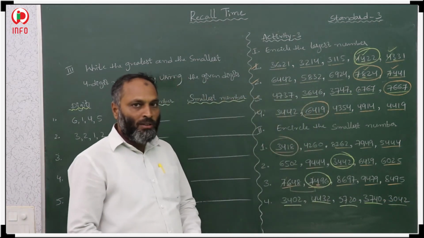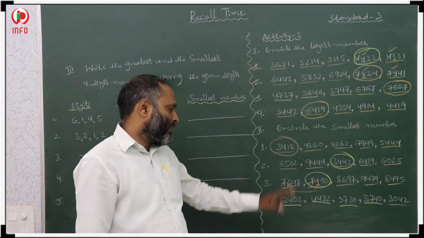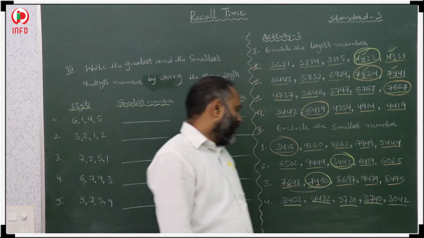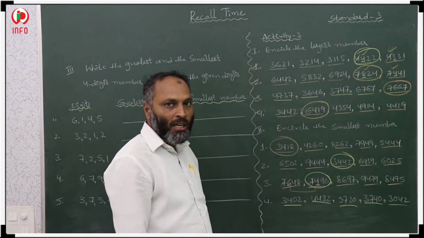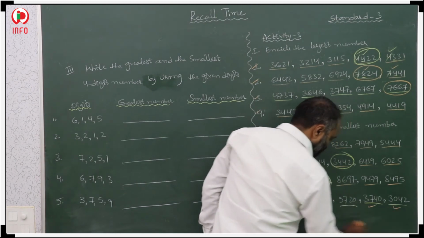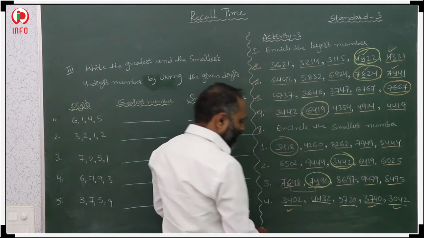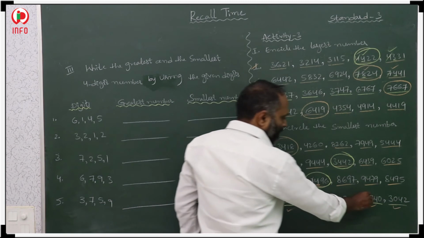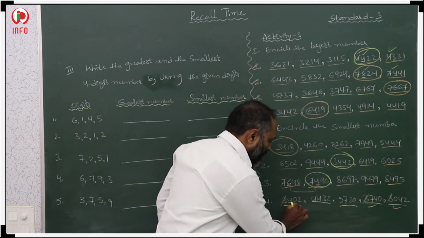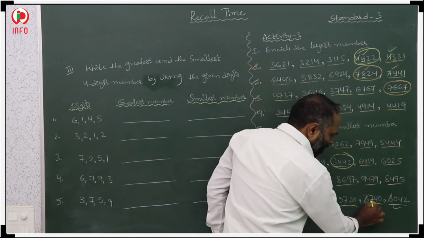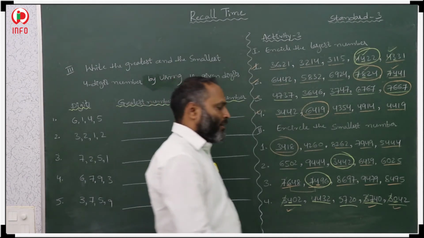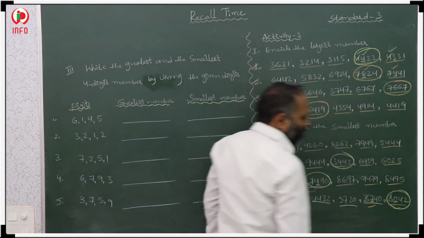Then next, 1, 2, 3, 4, 5. In these five numbers also we again have to tally from left to right. 3, 4, 5, 3, 3. 3 is smaller. So this number, this number and this number. In these three numbers we have 3, 3, 3. Then after that, 4, check the next digit. 4, 7, 0. 0 is the smaller. So circle that smallest.